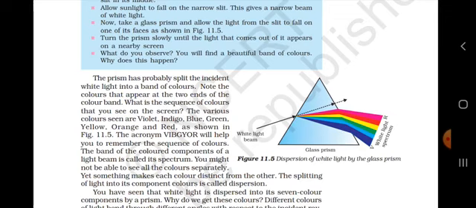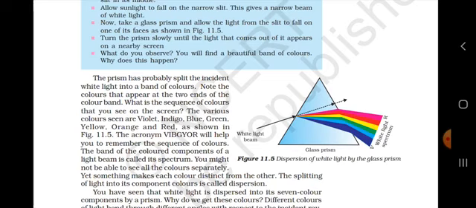The various colors are violet, indigo, blue, green, yellow, orange and red. You can also write it in the form of the acronym VIBGYOR, which will help here to remember the sequence of the colors. The first color will be violet from down, and the last will be the red color.